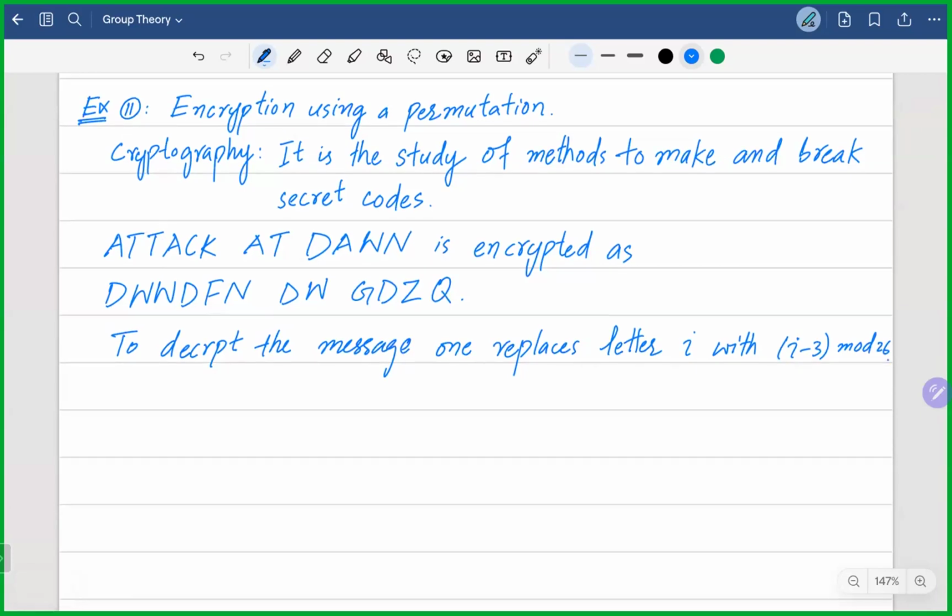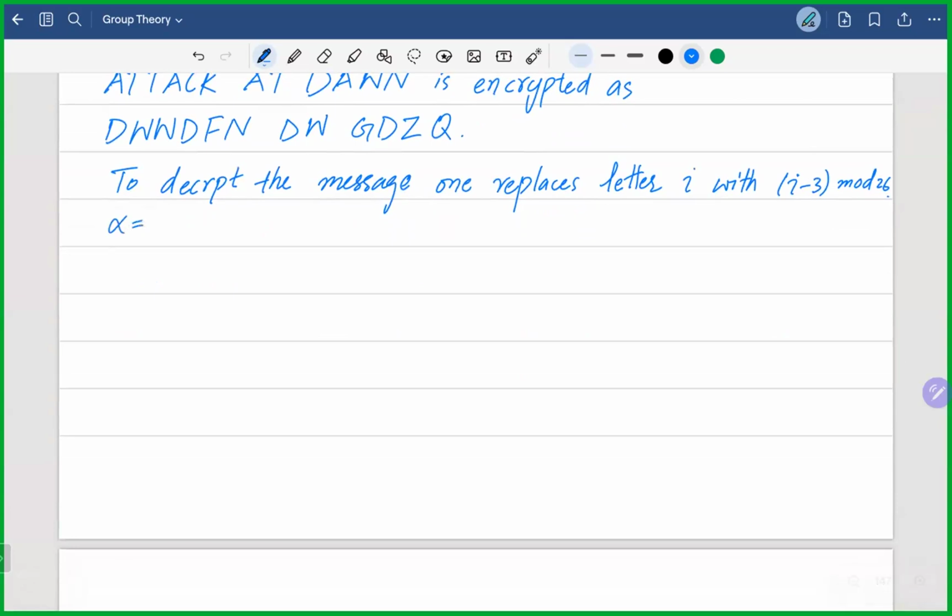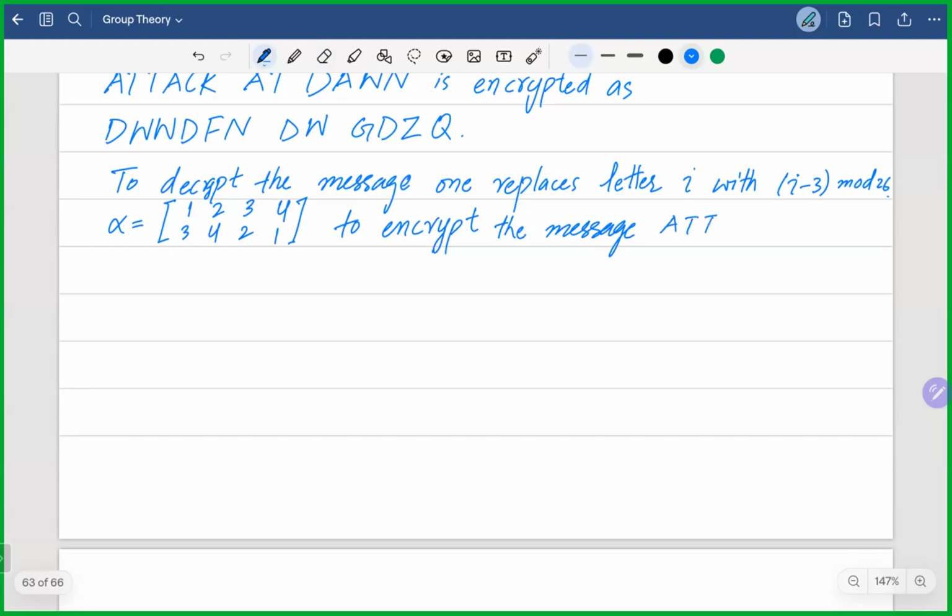Now, any permutation can be used as a cipher. To use a permutation, say alpha, which is 1 goes to 3, 2 goes to 4, 3 goes to 2, and 4 goes to 1. To encrypt the message given above, attack at dawn,